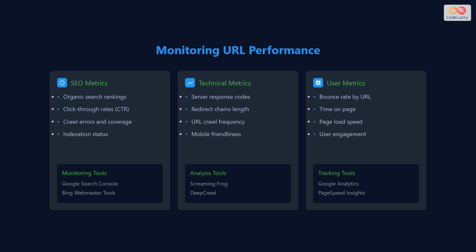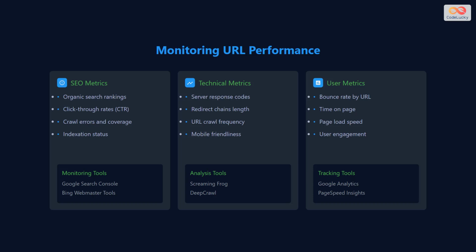Monitoring the performance of your URLs is key to ongoing success. You should track various SEO metrics such as organic search rankings, click-through rates, crawl errors, and indexing status. For technical metrics, you should monitor server response codes, redirect chains, URL crawl frequency, and mobile friendliness. Finally, you need to monitor user metrics such as bounce rate by URL, time on page, page load speed, and